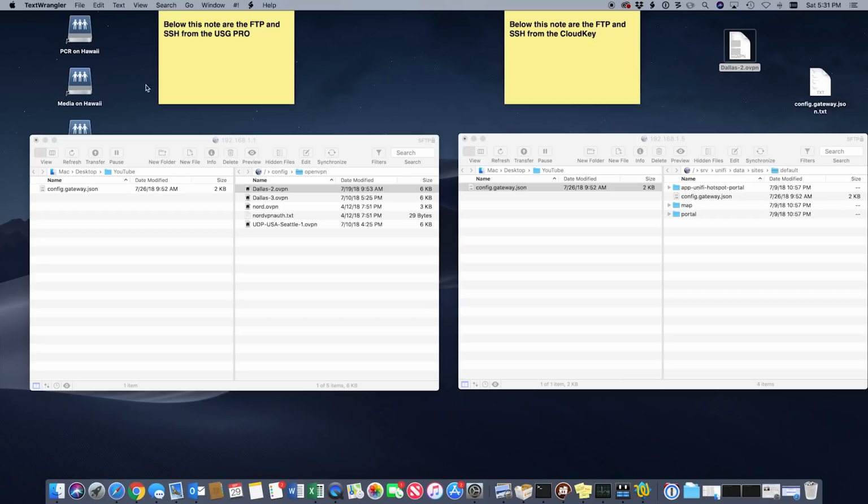Okay. Now, the next file we have to create is a config file for your USG. Now, I'm going to definitely include this in the, not in the comments, sorry, in the